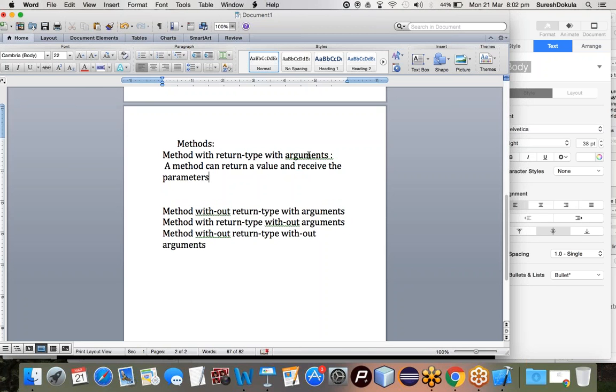The parameters we call arguments. So once it processes all the statements, it can return some value. Similarly,